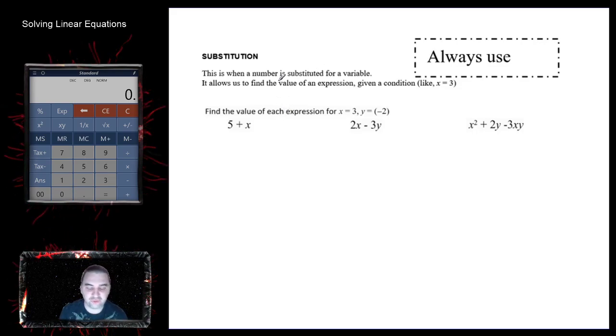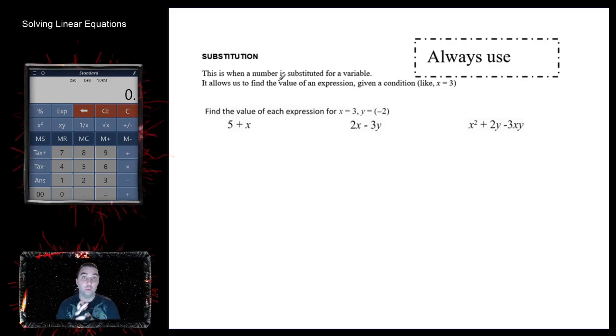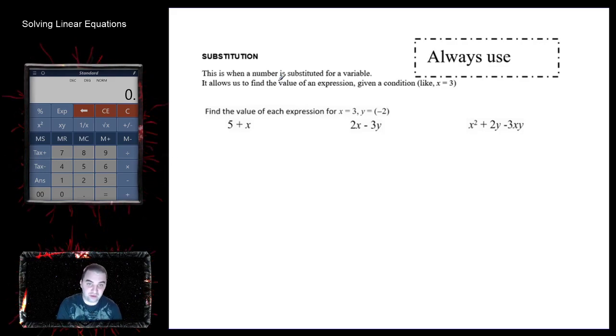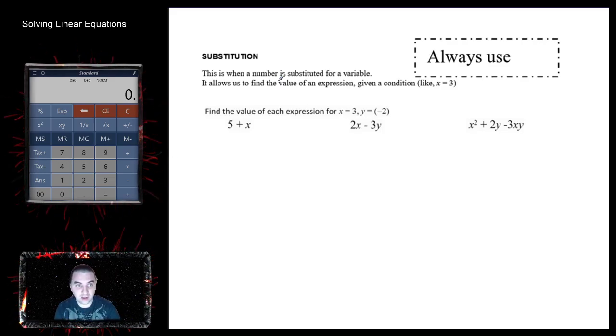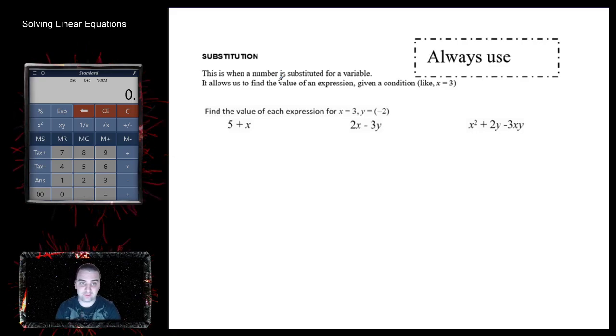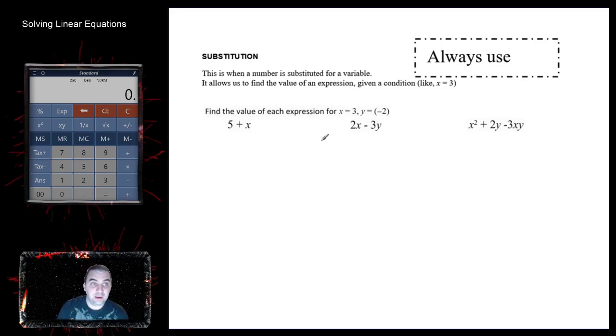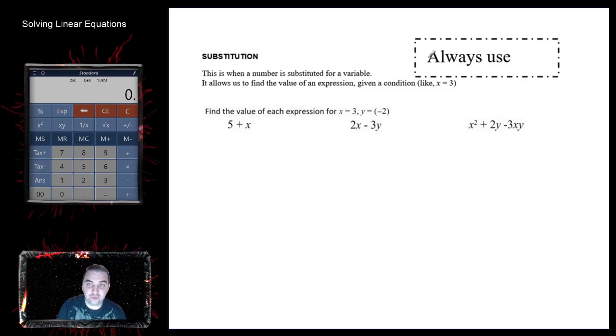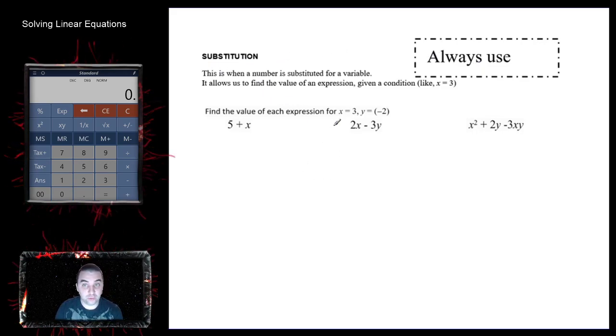You already should be very familiar with what an equation is, what an expression is, what the different parts are, and the idea of combining like terms. If you don't know any of those things, either ask questions or go back to the previous video and make sure you do understand. Here we're going to get into substitution,